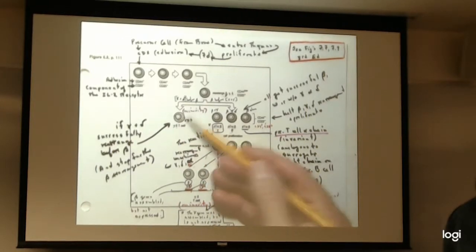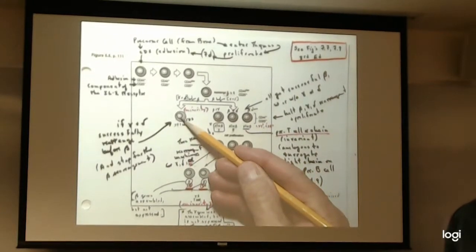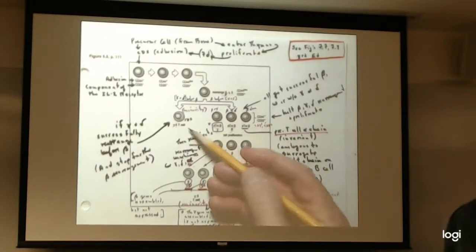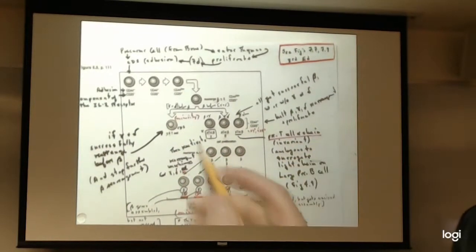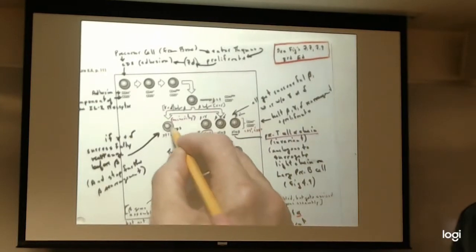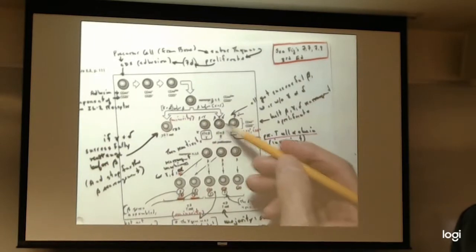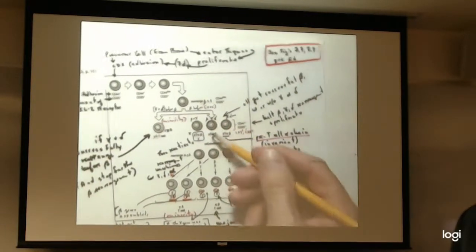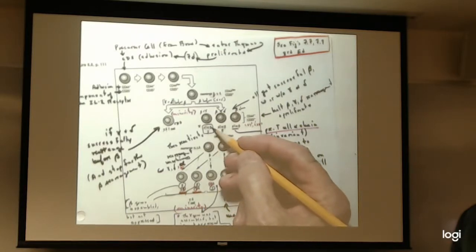Okay, so right out of the starting box, we got ourselves a gamma delta T cell. This gamma delta T cell has not yet made a beta chain, so it's just a gamma delta T cell without a successful beta chain. In other cases, we may have made a beta chain here,